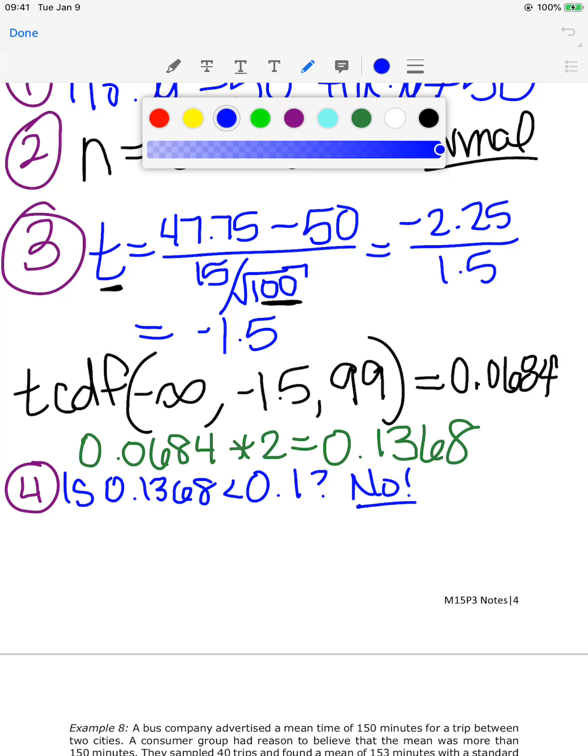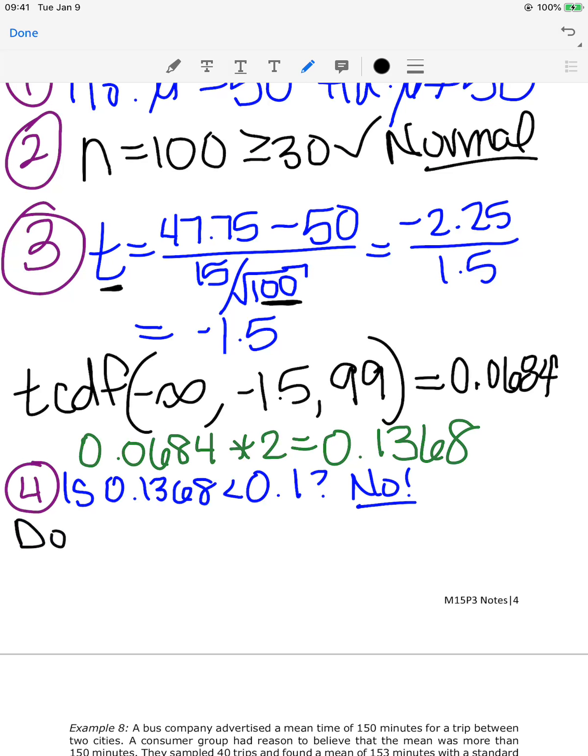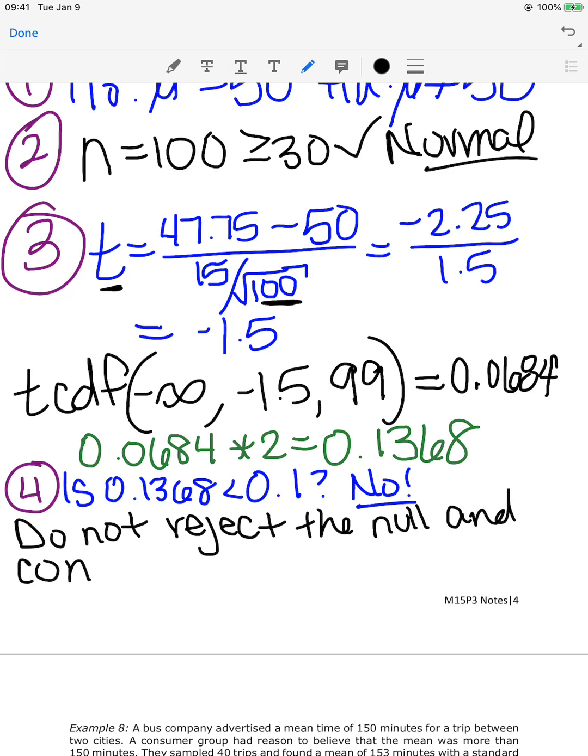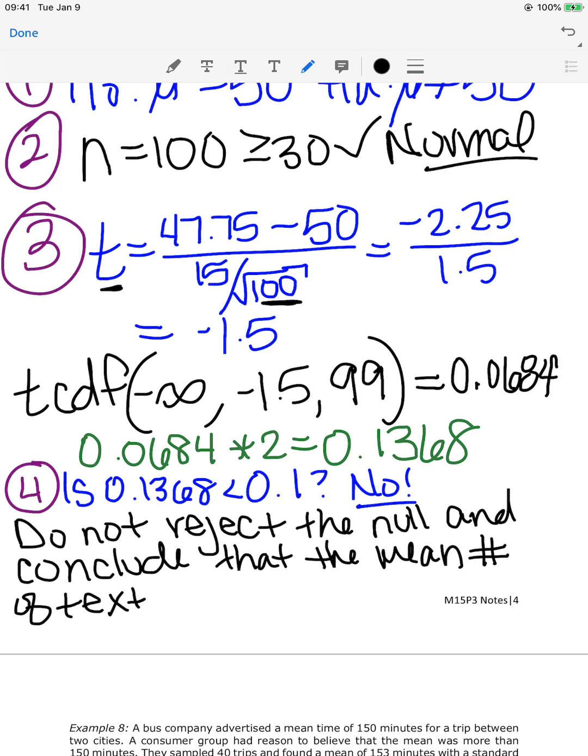Therefore, we do not reject the null and conclude that the mean number of texts sent and received is not different